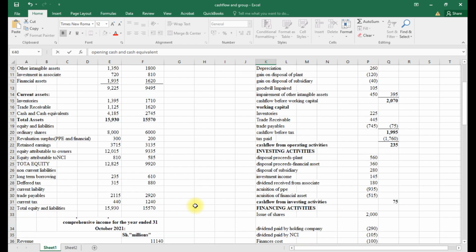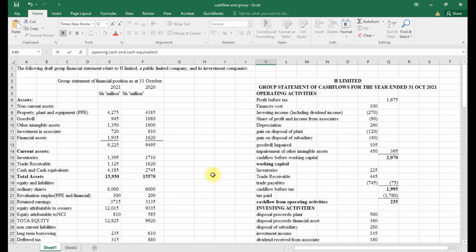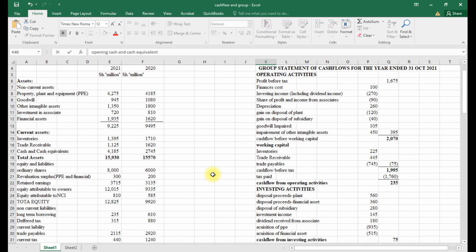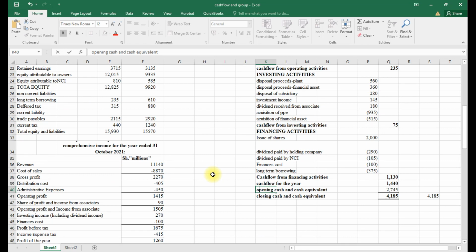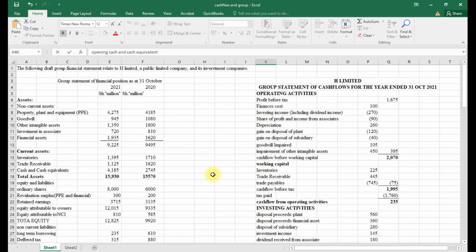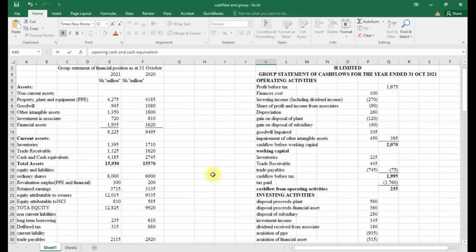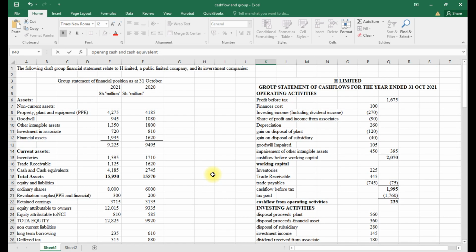So that's how you deal with the group statement of cash flow, and in this case we are dealing with disposal, where we are selling one of our subsidiary, a complete sell off of 80% of what we were earning. So you prepare the operating, you prepare the working, you prepare investing activity, and you prepare the financing activity, and you get your 20 marks, because normally these questions are worth 20 marks. And that is all for today's lesson.